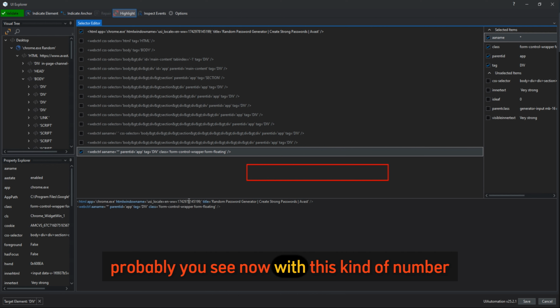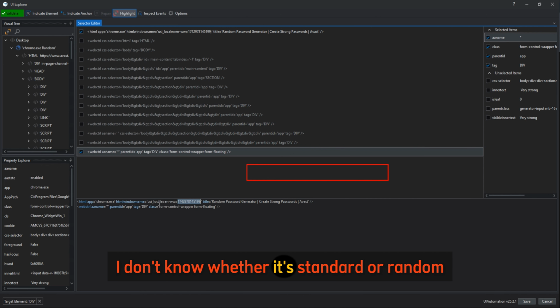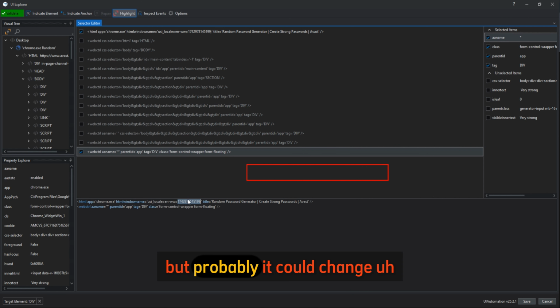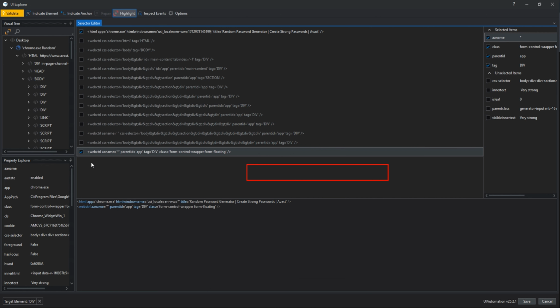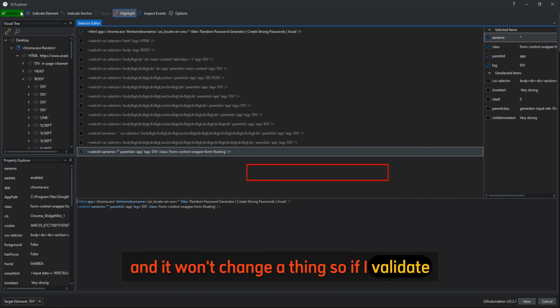You see now this kind of number, I don't know whether it's standard or random, but it could change given the machine that you're working with. I could also change this to an asterisk and it won't change a thing. So if I validate,